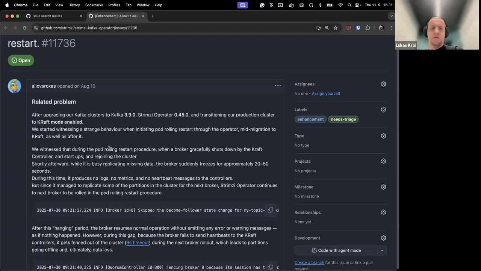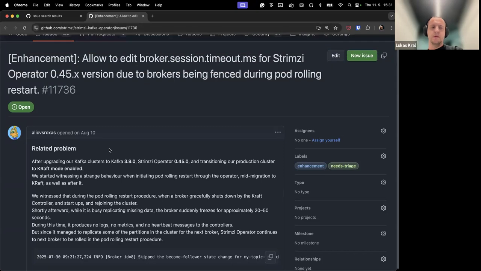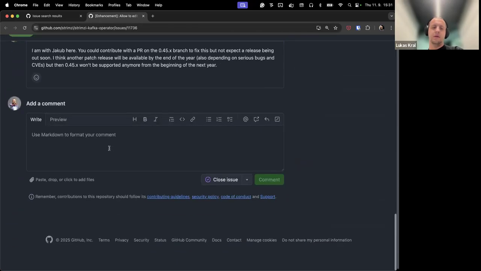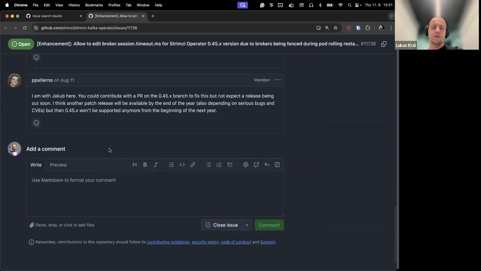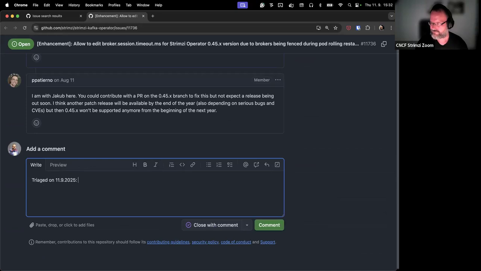Yeah, I guess the user wanted to cherry pick it to the release branch, but Jakub or Pablo asked him to, like, we will not do it, but if he wants to have it there and we will have another kind of release, he can cherry pick it and we can do it together with a different release. So we close it, and yeah, if someone opens the PR.